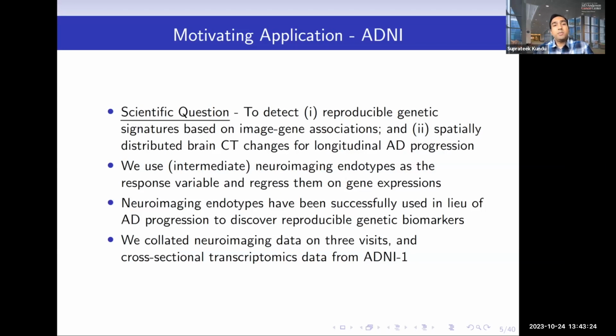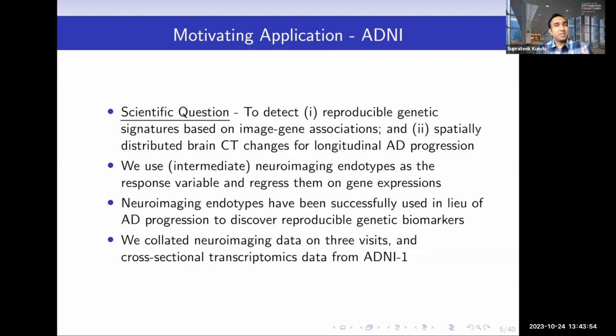So the scientific questions of interest are to detect reproducible genetic signatures based on image gene associations, and also to map the spatially distributed brain cortical thickness changes for longitudinal AD progression, right? So in the last slide, I talked about the broad focus of the talk. And in this slide, just getting to a little bit more granularity, the scientific questions we want to answer, we want to find the genes